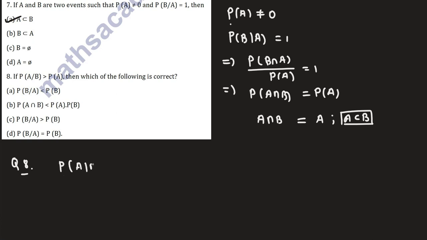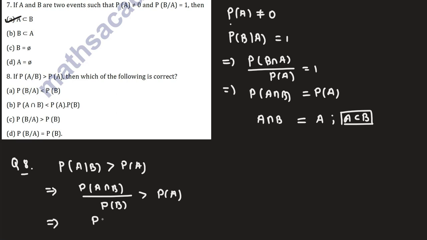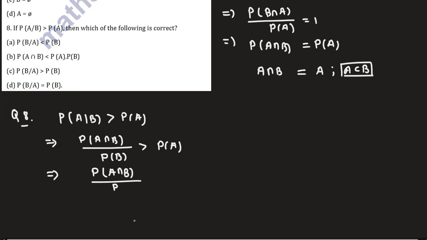Probability of A given B is greater than probability of A. So we can write probability of A intersection B divided by probability of B, which is greater than probability of A. So now we can interchange probability of B and probability of A. So now we have probability of A intersection B by probability of A,